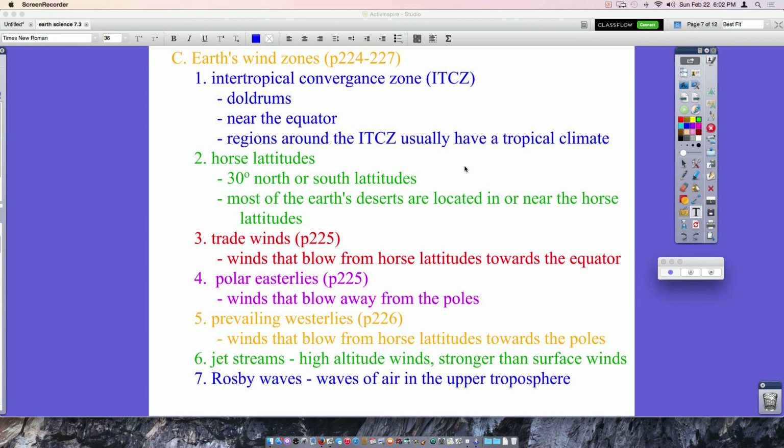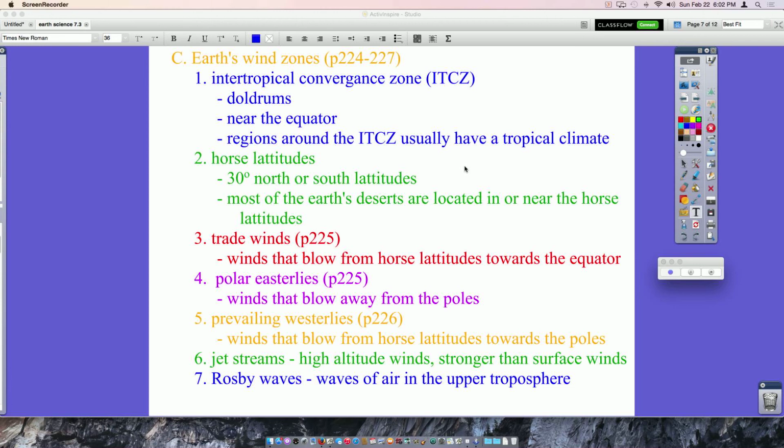The jet streams can play a factor, especially if they shift significantly and start dropping colder air or even warmer air in regions that don't have those yet, creating high and low pressures. The locations and boundaries of jet streams vary greatly with the seasons and with weather conditions. However, the aircraft, like I said, take